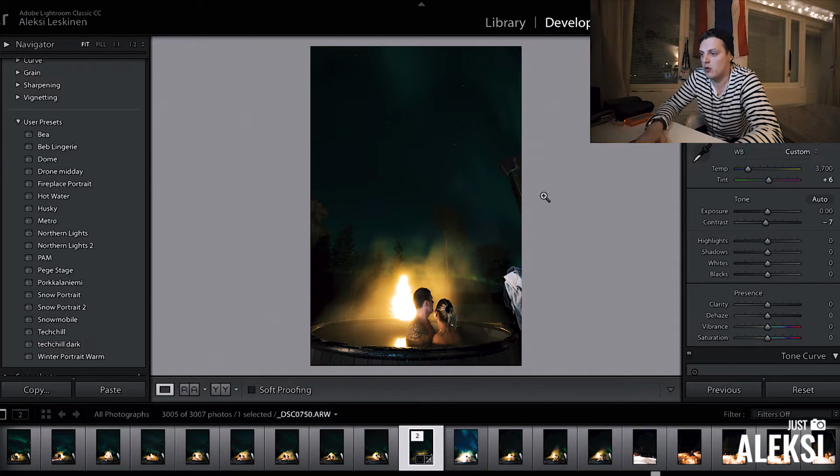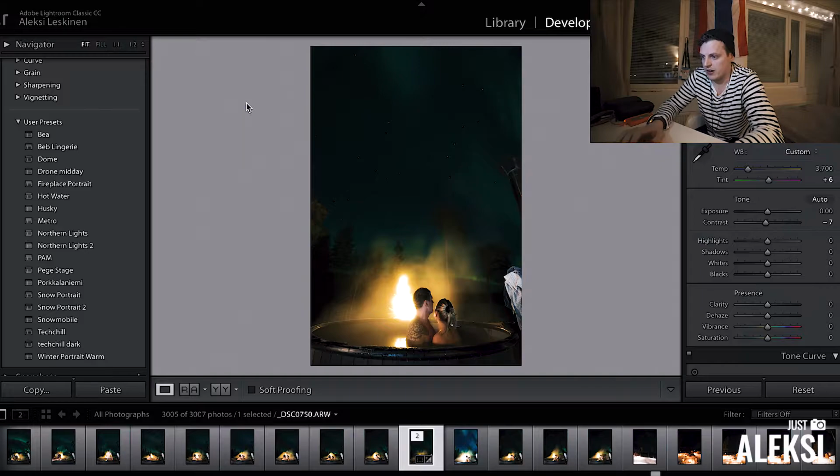So I'm gonna show you from the beginning till the end how I edit one of my photos. I just want to say that I use Adobe Lightroom to edit my photos and a combination of Adobe Photoshop. So I'd say probably 80-90% of my photos on Instagram are edited with Lightroom and Photoshop, not just one or the other. And this time I'm going to show you how I've edited this photo that I captured last week